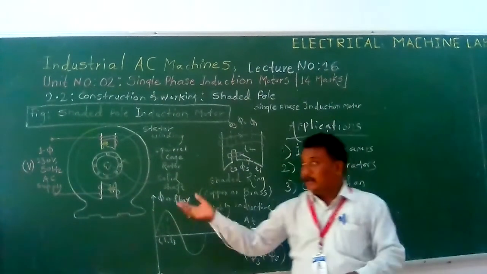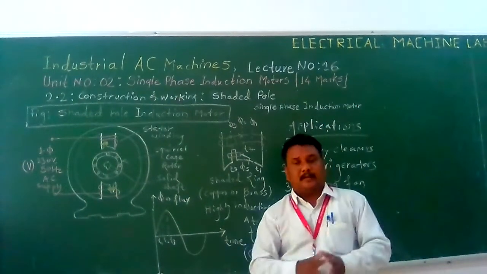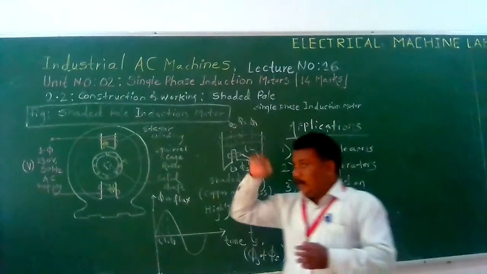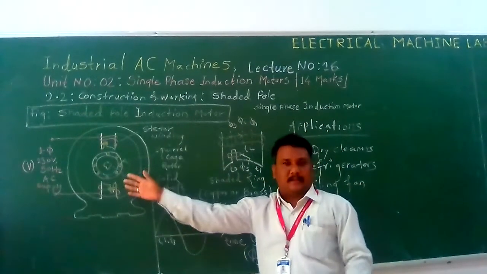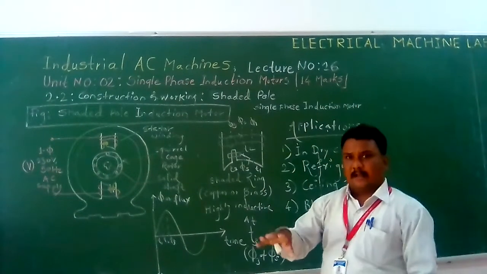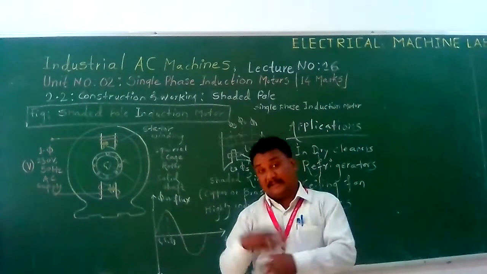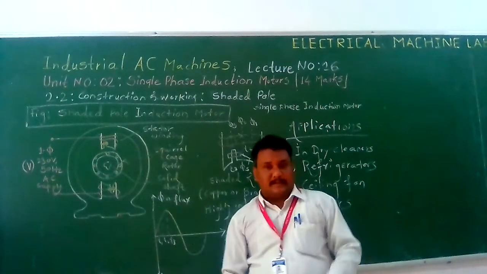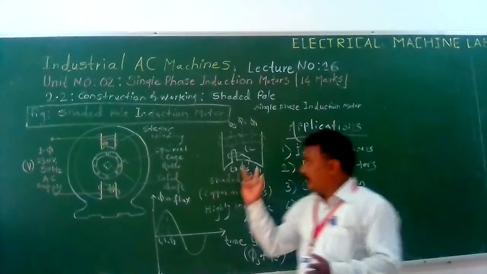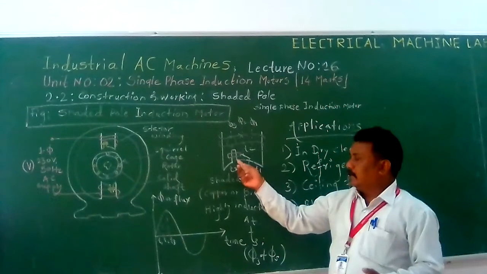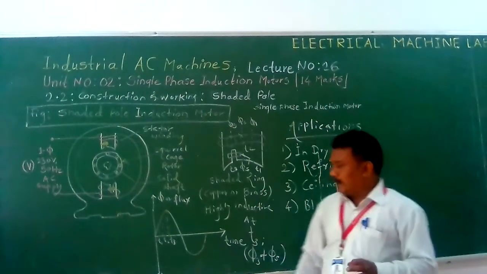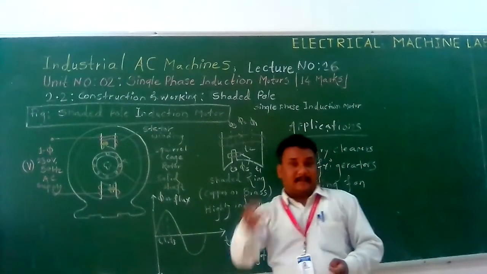Today we are seeing the single phase induction motor, another type, which is the shaded pole induction motor. We see its construction. Its construction is similar to the conventional single phase induction motor, but the difference is that the stator is split into regions, with near about 70% of the region shaded. Here the shaded ring is present. The shaded ring is made of copper or brass, which is highly inductive and circular in shape.